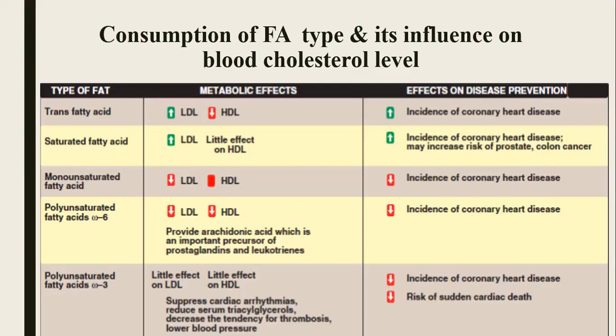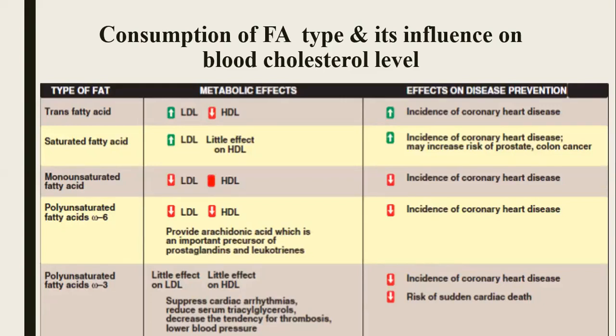Myristic acid is a 14 carbon saturated fatty acid. Palmitic acid is a 16 carbon saturated fatty acid. These two saturated fatty acids, lauric acid and myristic acid, are most potent in causing an increase in the serum cholesterol